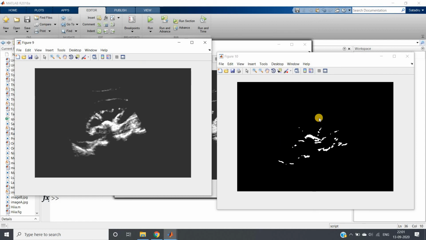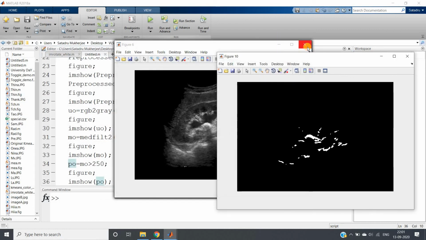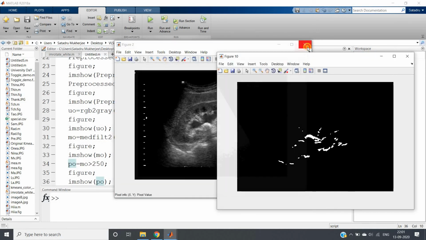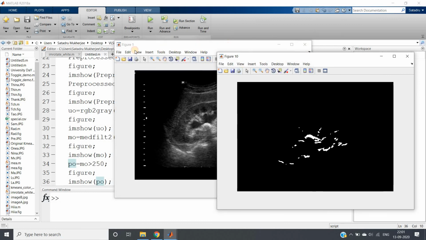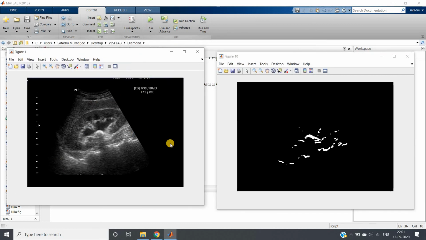Now see, we have eventually achieved this one. Far better result. Where we started, just try to see the difference. Just try to understand the importance of the image pre-processing we are applying. This was our original, and from there we have converged to our central part, which is this one. Now we can understand that this is our kidney stone. So we'll detect this. I am closing this particular discussion here.